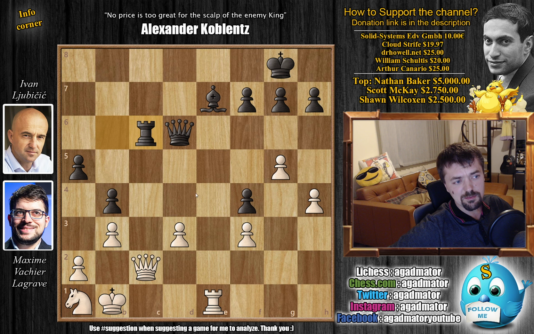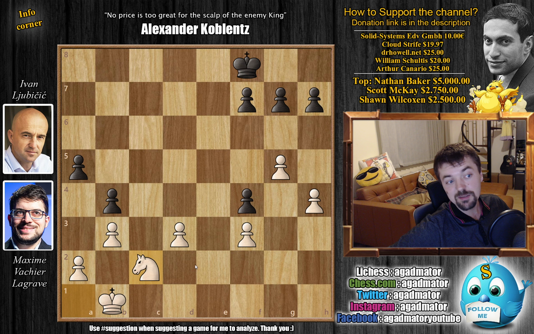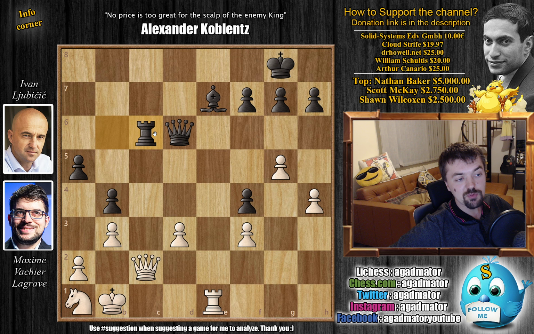I said, okay, this is impossible because of simply rook captures on e7, and after you capture here, you have one check. Only move is queen to f8, now you trade, and now knight captures on c2, white is up a piece, game over. Problem is, I missed one move. The move I missed after this queen to e2, after this rook captures on c6, is that if you go for rook captures on e7, black